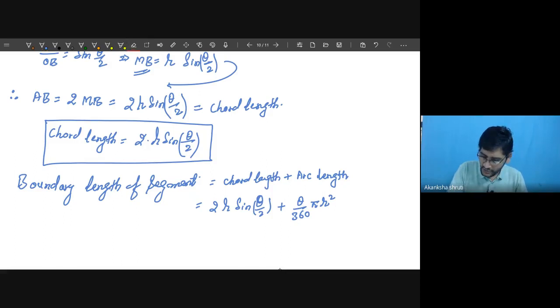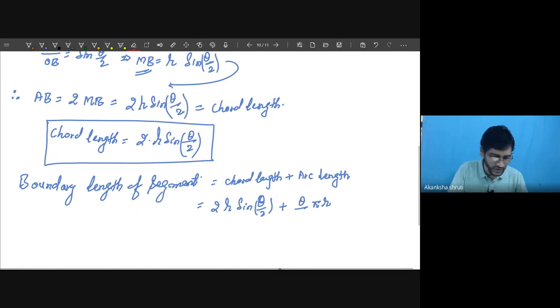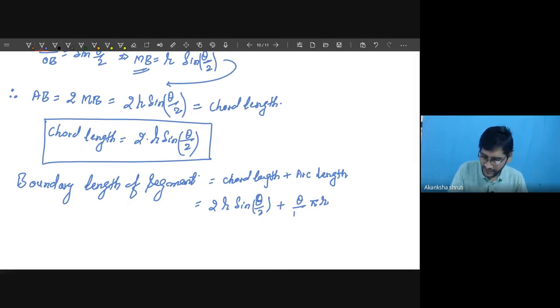Student, you should be careful. For the length, it cannot be r square, so it is r. But while reducing from r square, this 360 should also be replaced by 180. I had explained there is an analogy. Wherever r square, 360 means in square 2 is coming, denominator 2 is multiplied. So this way this boundary length is calculated.